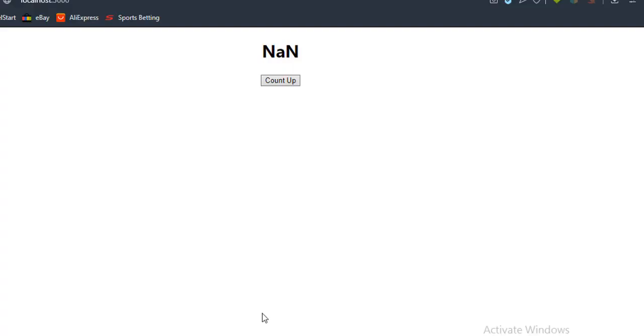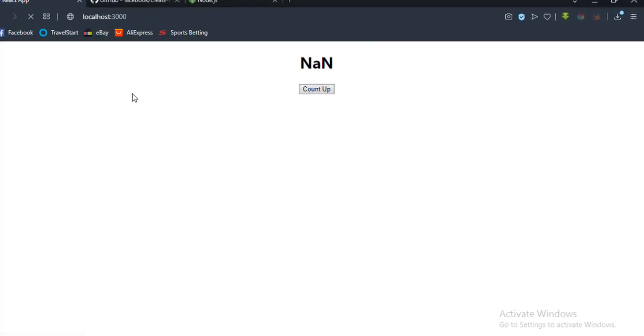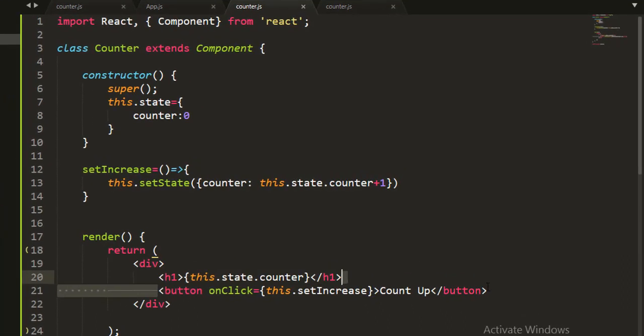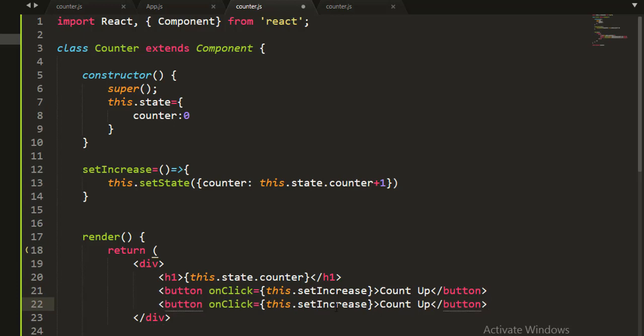So let's go back into our browser here and reload again. Let's try it again now. You see, it's working. We have count up. As you can see, it's counting now. Definitely it's working fine. So now let's quickly create the decrease button, so that anytime the decrease button is clicked, we want the number to decrease. So now let's just change this to